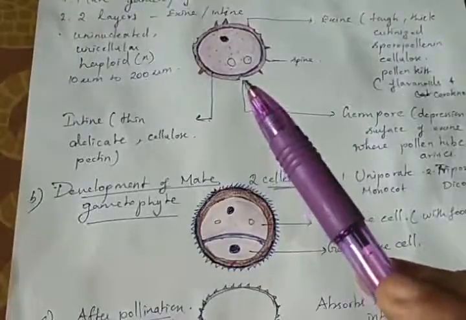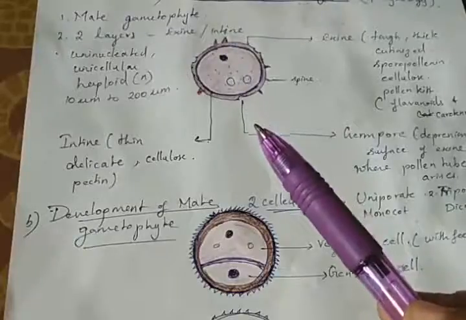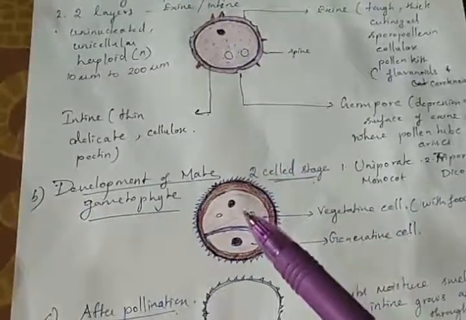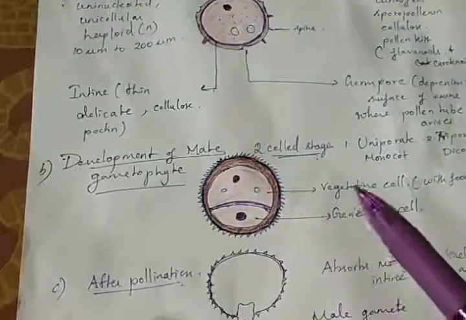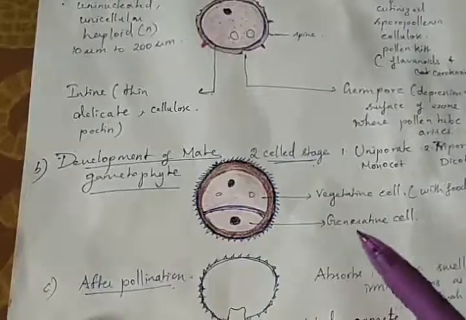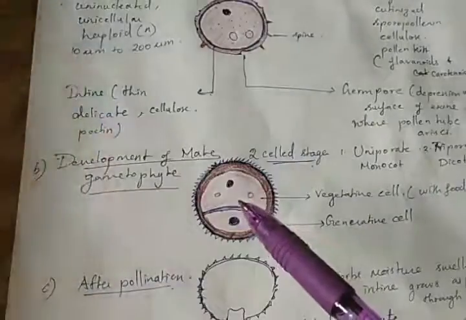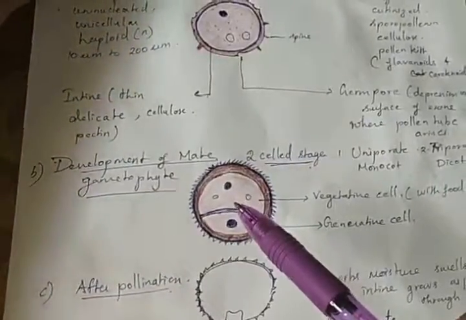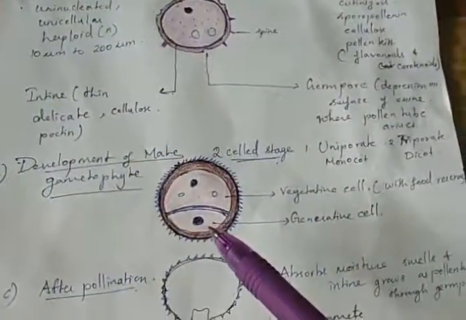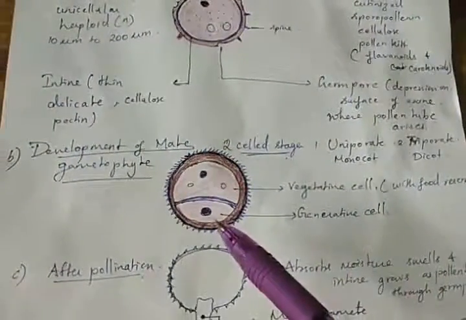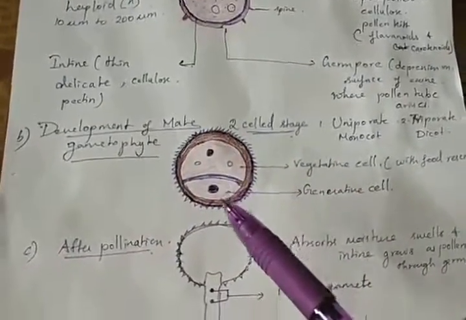When the pollen grains are inside the sporangium, that is the anther, they divide once. An unequal division takes place inside the pollen grain, giving rise to two cells, that is the vegetative cell and the generative cell. The vegetative cell is larger in size and is filled with reserve food material. The generative cell is smaller in size and forms the male gametes. At this two-cell stage, the pollen grains are liberated from the anther.